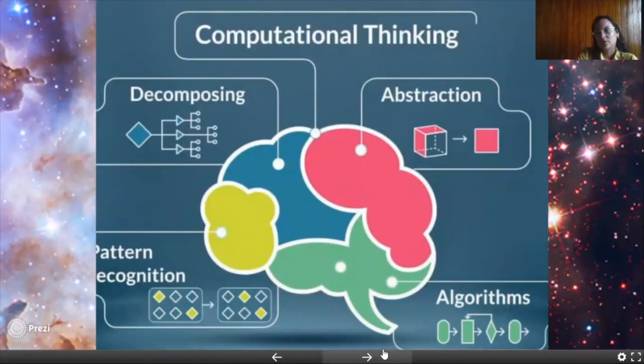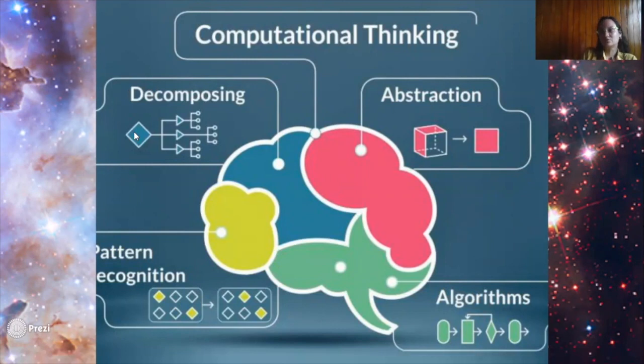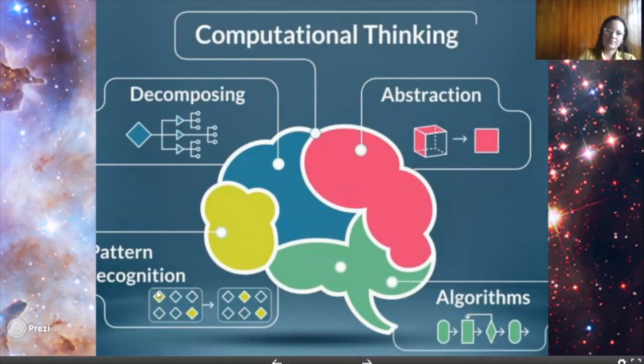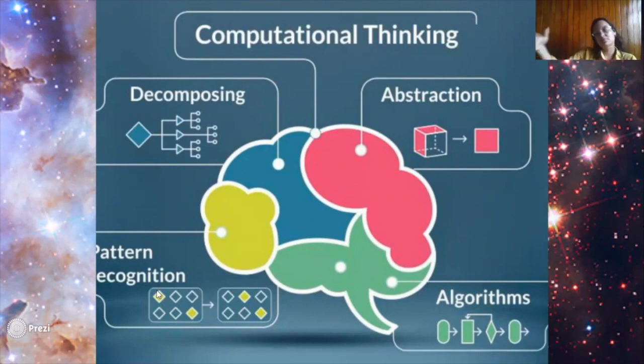And how do we do this? Well, we break a problem into different units. That's the first step, decomposing the problems. We break the huge problem into smaller pieces so that we can address each module or each part independently. Then within those specific modules, we find patterns, things or variables that are constantly being repeated in the problem. And then we use abstraction to compare and contrast this problem or this challenge we're presented with another similar problem or situation that we might have actually faced in the past.